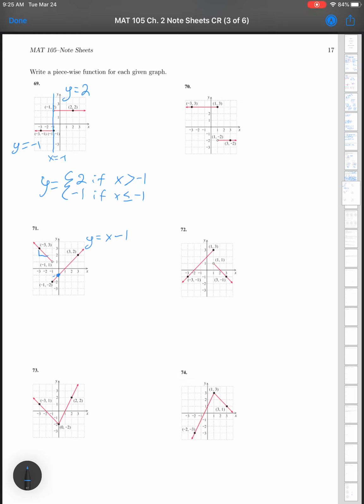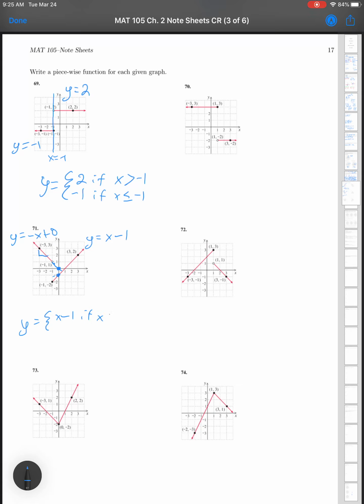And then for the one on the left, we can see that the slope is -1 because we go down 1 to the right one. So that'll be y equals the opposite of x. And then we can look for where its y-intercept would have been if it had continued on, which it would have been at 0, 0. So that would be +0, which we'll leave off for our final answer. So this is y equals